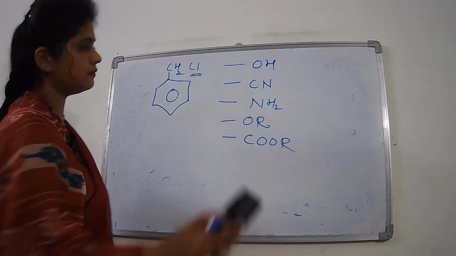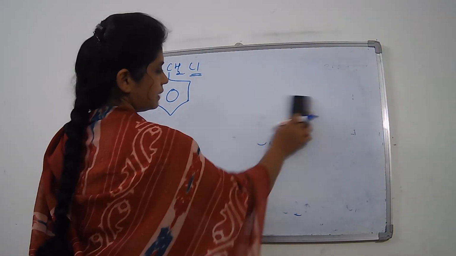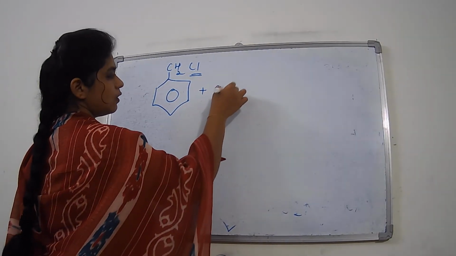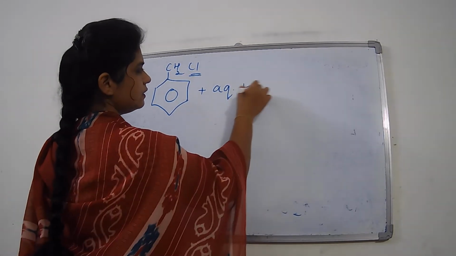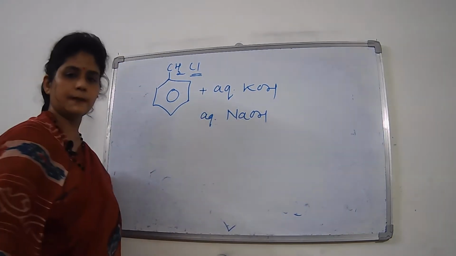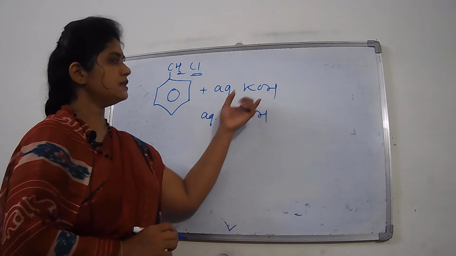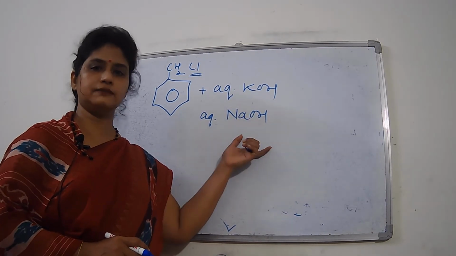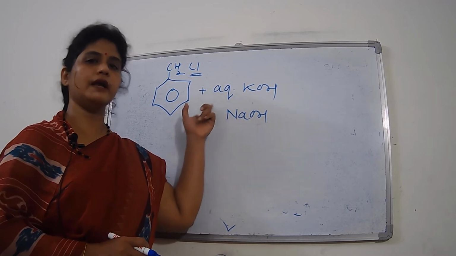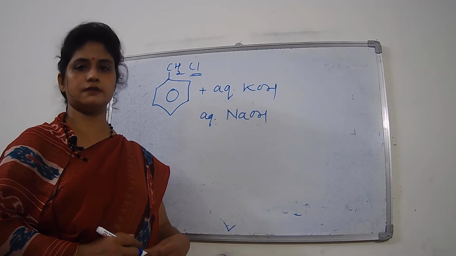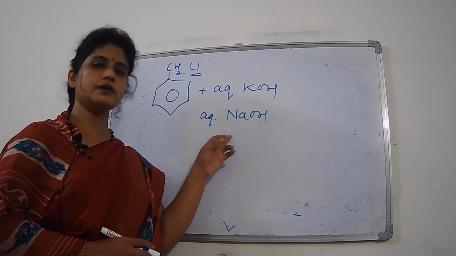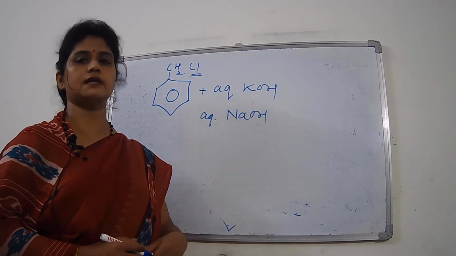So we proceed first with substitution by the hydroxyl group. Whenever benzyl chloride reacts with a strong alkali, either aqueous KOH or aqueous NaOH. Now what do you mean by aqueous? KOH and NaOH are in powdered form and we have to make a solution of them. When we use water as the solvent to make a solution, that solution is called an aqueous solution. So we prepare a solution of potassium hydroxide or sodium hydroxide in water. That is called the aqueous solution.